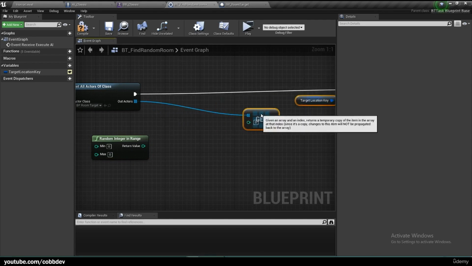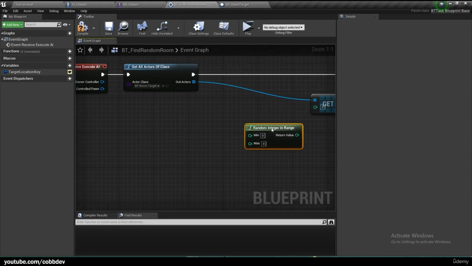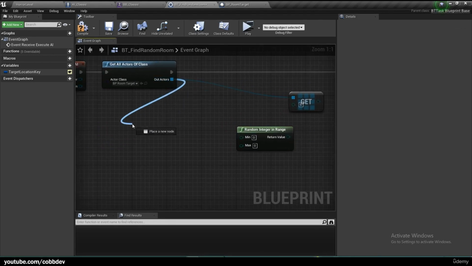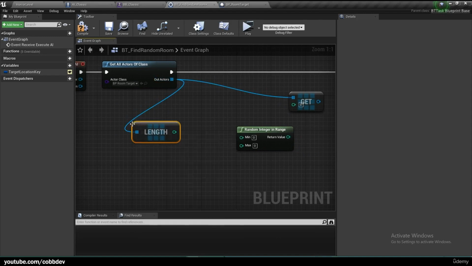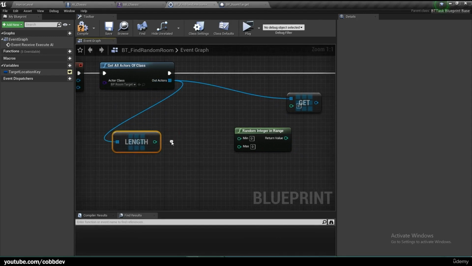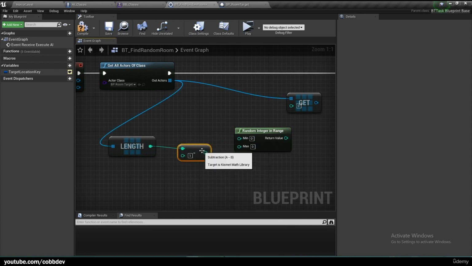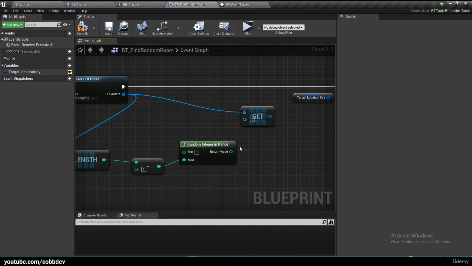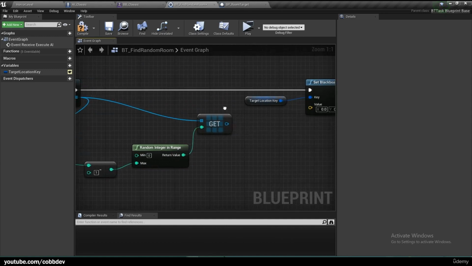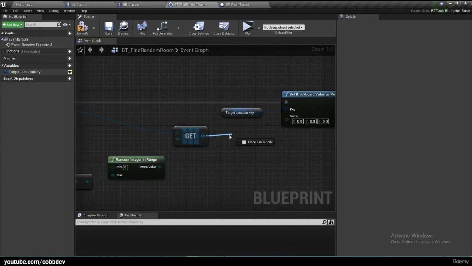So to get the max amount of them, we will just drag this off and get the length, which is the amount that there is in the world. But of course the length starts at 1, so right now the length will output a number of 3 when we need this to be 2, so we just have to subtract 1. Put that into max and put the return value into the get, and then this will output one of the 3